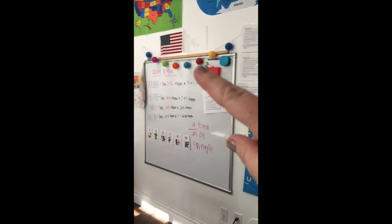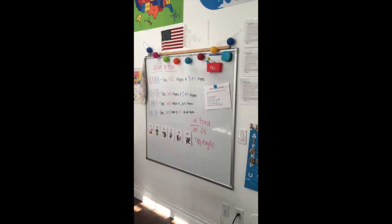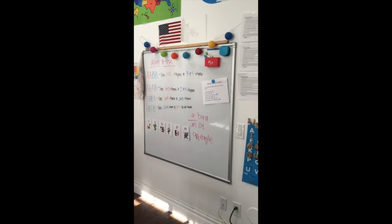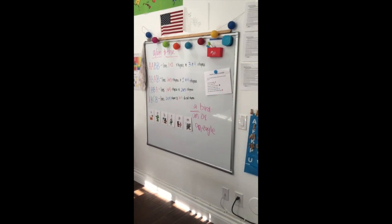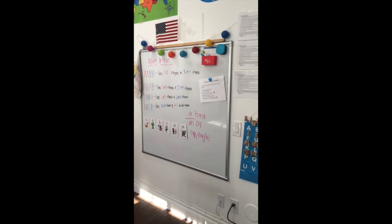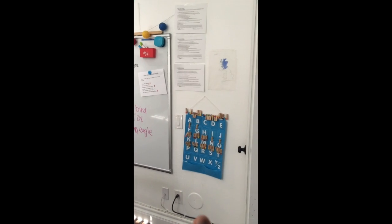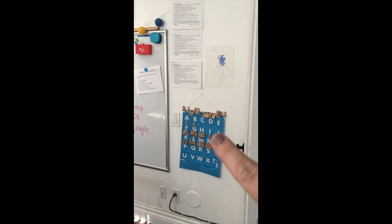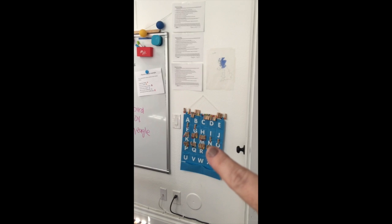It occurred to me that some of my children didn't proficiently know the Pledge of Allegiance, and so I said, let's fix that. Every once in a while, we will go over the Pledge of Allegiance to make sure that everybody can do it. I have a dyslexic kindergartner this year. So this is her